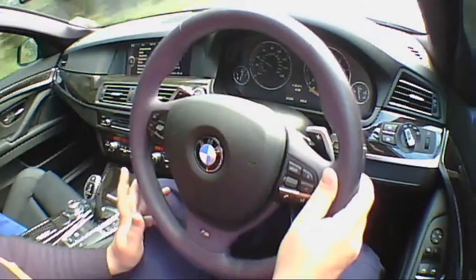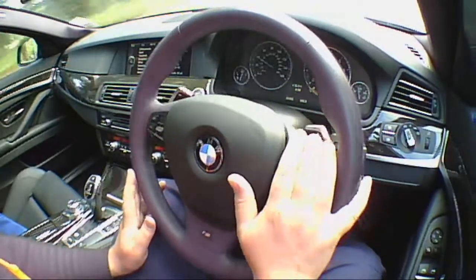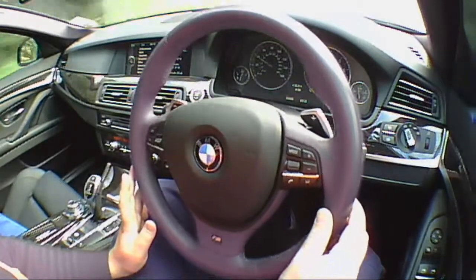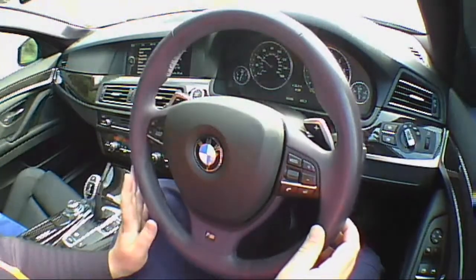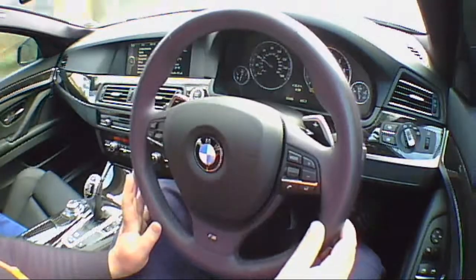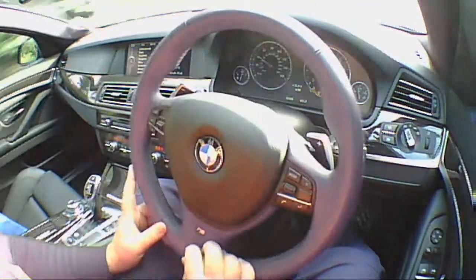Now, as usual, the steering with BMWs is spot on. It's accurate, it's agile, and it just responds immediately. There's ever so slight lag there in the steering wheel, which surprises me actually. It's not like I turn the steering wheel and the wheels immediately follow. There is a little play there, and I wonder why. But anyway,